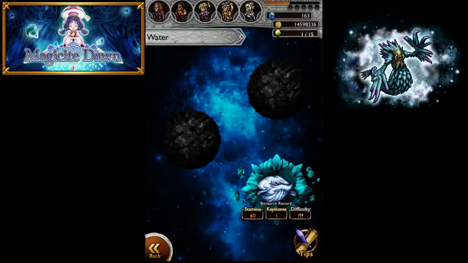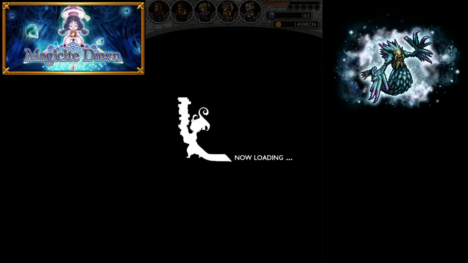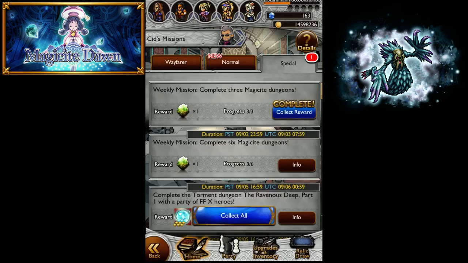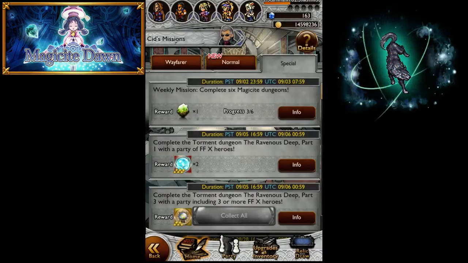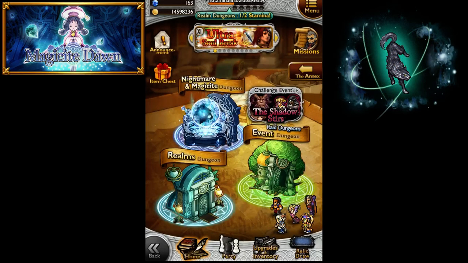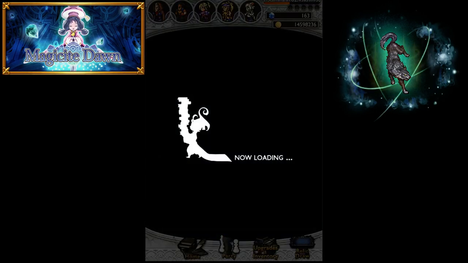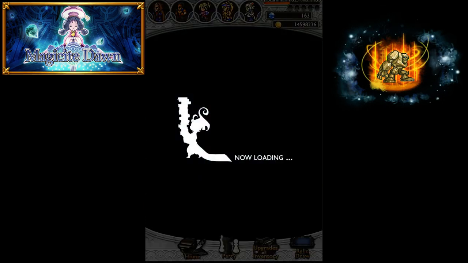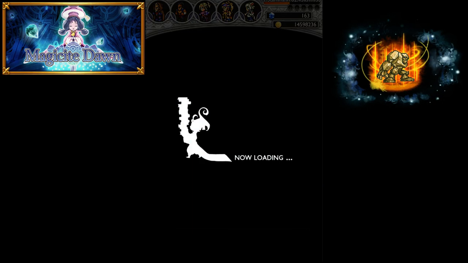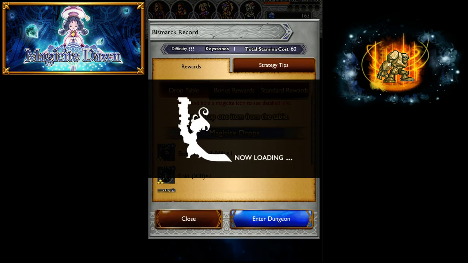They'll assist us in fighting. Oh, complete 3 Magicite Dungeons, and you get a keystone. I'll take that, thank you very much. Oh, god damn it, I forgot the weekly mission. Yeah, it's a weekly mission. After you beat 3, you get an extra one. Alright, so let's go ahead and go to... Actually, we'll do this in here. So Enki...